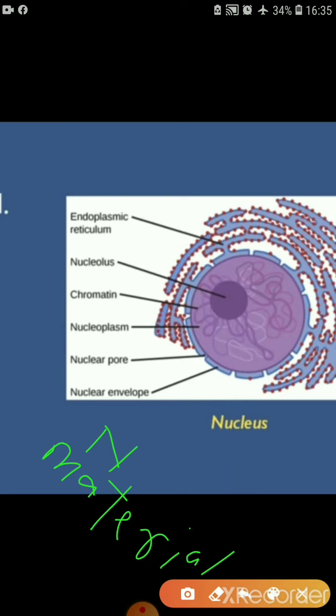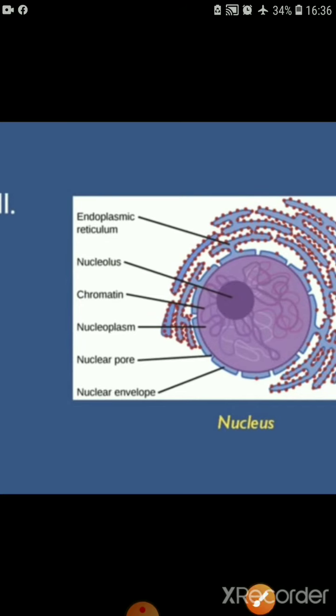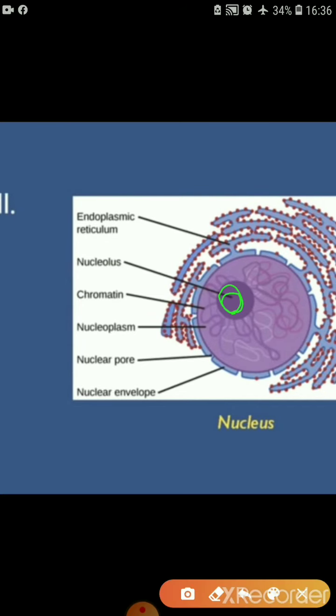Fine. So what is nucleus material? We can say nucleus material is nothing, it is only chromatin. What is chromatin? Chromatins are thread-like structures lying inside the nucleus. Fine. Next, the main part of the nucleus, that is this dark body, this dark purple colored body which is lying